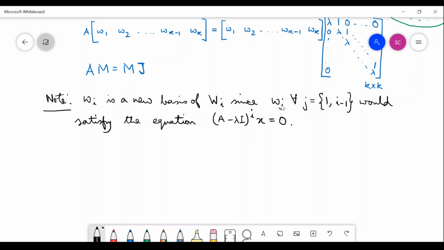So if you put any wj which is not a wi, wi of course is satisfying this, right? But any wj which is lower than wi will also satisfy this,